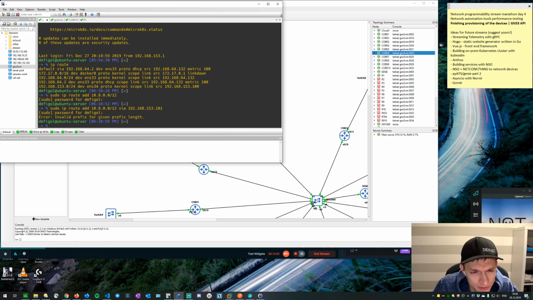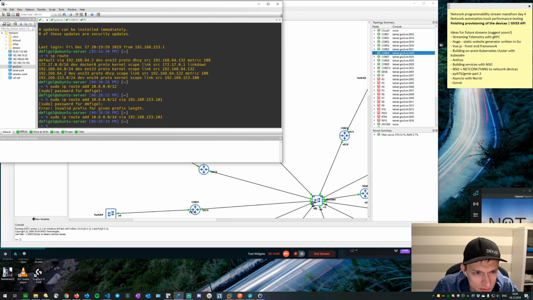Why does it say invalid prefix for given prefix length? I need 8. Oh, it's 13. I think it's 14. Yeah, it's 14. So